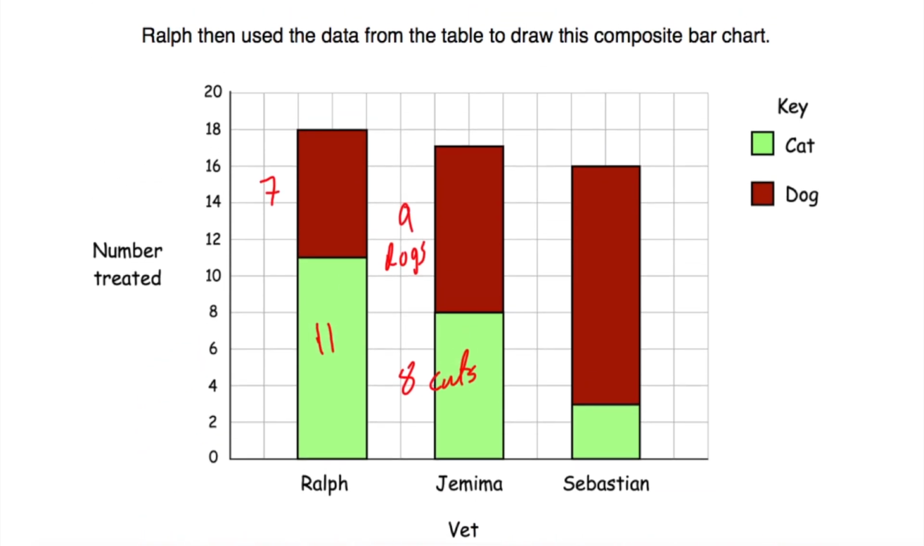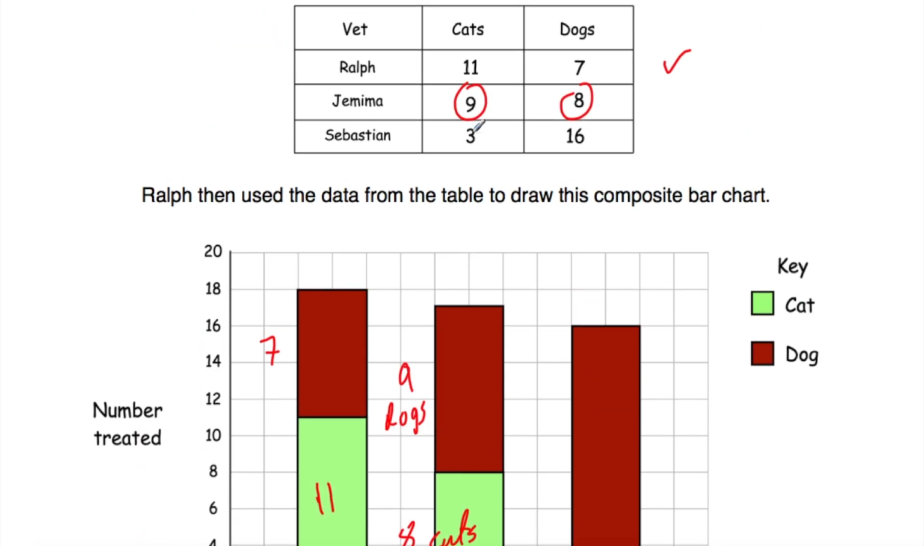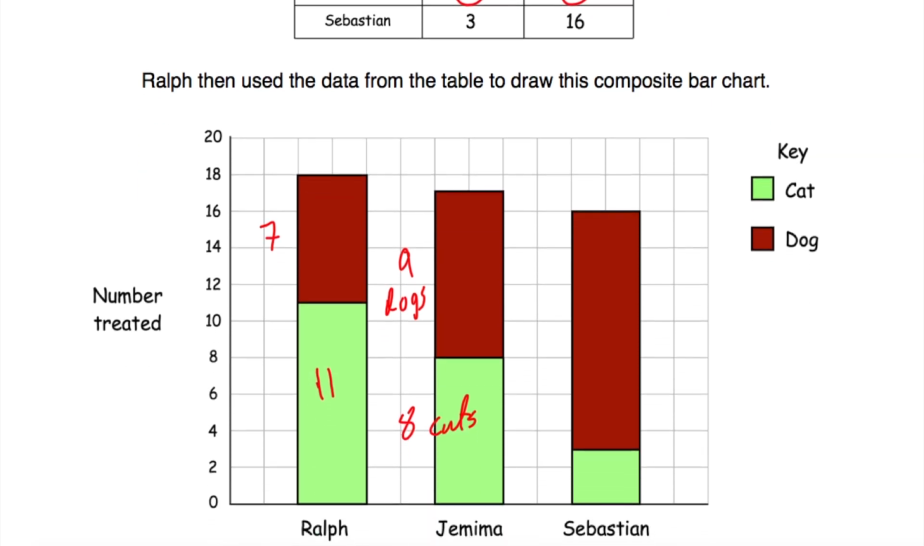Okay, let's have a look at Sebastian. If we have a look at Sebastian, he's treated 3 cats and 16 dogs. So if we have a look here, 3 cats, yeah, that is 3 cats, 2, 3, so that's 3 cats, that's correct. Now it should be 16 dogs, but if we have a look here, altogether that would be 3